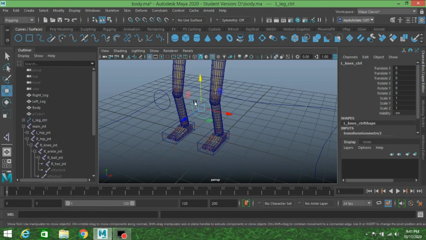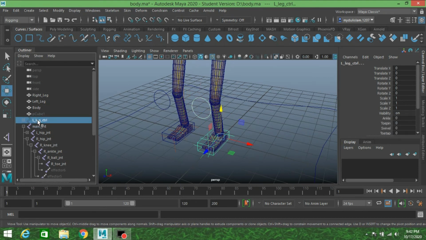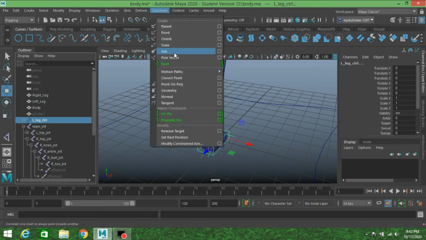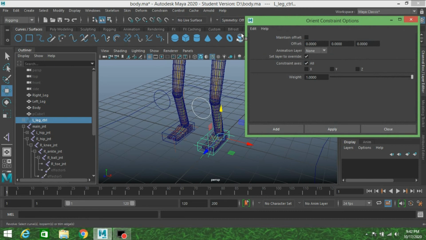Now first select the left knee controller, shift select the left leg controller, go to constraint, open the orient constraint option, edit, reset the settings, turn on maintain offset, click apply.